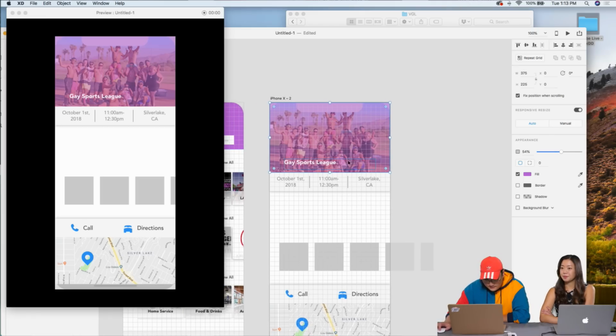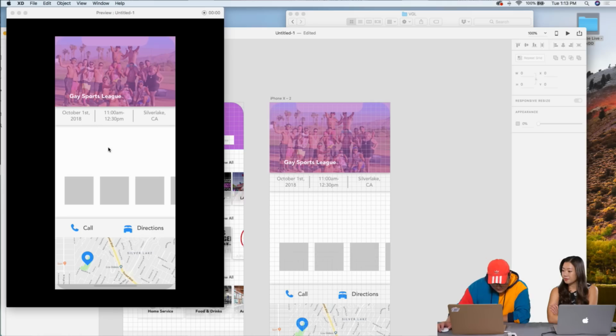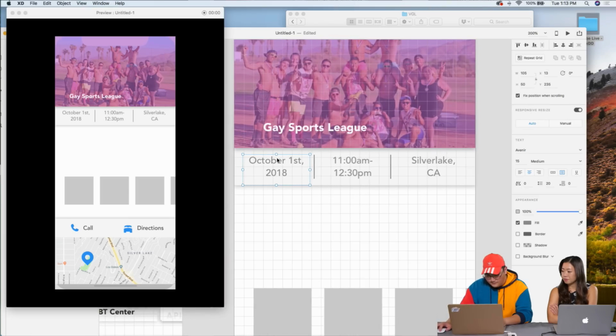And then, ooh, actually, do I have a shadow on this? I should. Cool. Okay. So it shows the date, the time, and then the location. And then